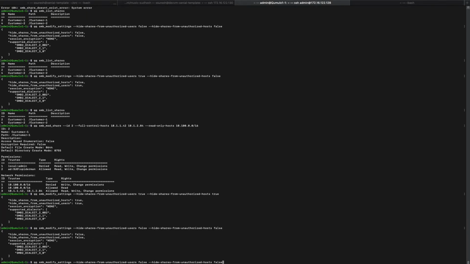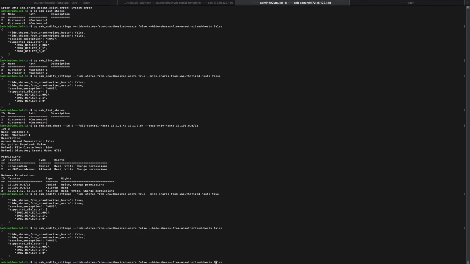So here I am on the Cumulo cluster. I have SSH'd into this box, and I'm going to use our QQ command line interface. Those who have been using Cumulo might already be familiar with our QQ command line interface. If you're not, there are good knowledge base articles on that.